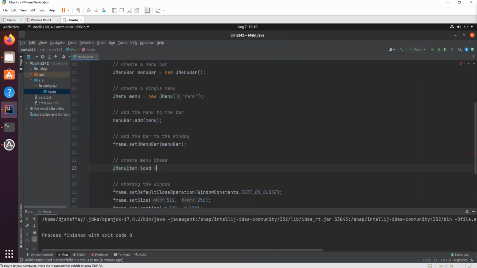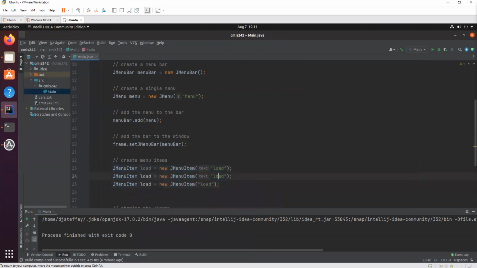We're going to have one for load, make a new menu item, and then whatever text we want it to be. If I can spell, we have load. What else do we want? For example, we want to load from a file, we want to find, and we want to sell a car. This is for our example.